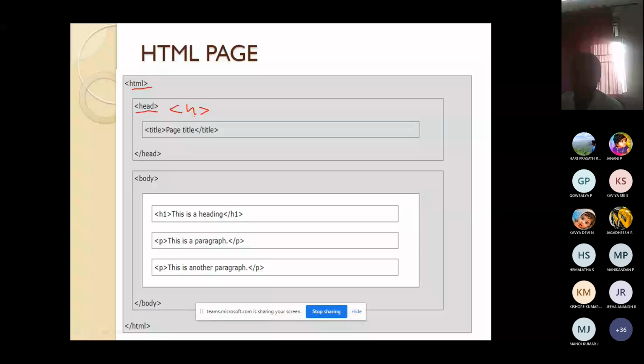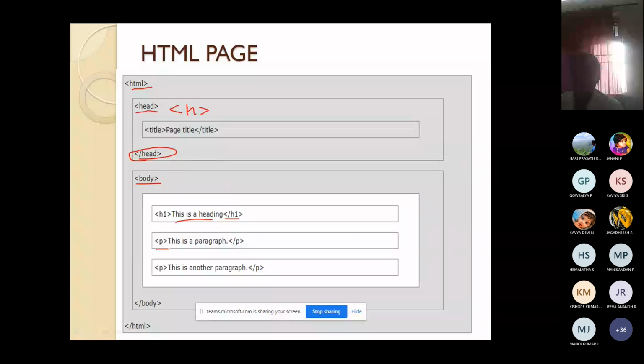The starting tag is represented with H, and at the end we represent it with slash H. This shows that your heading has ended. Then under the body, we represent the paragraph. Here we can also represent the heading as H1 and end the tag with slash H1, and then the paragraph.